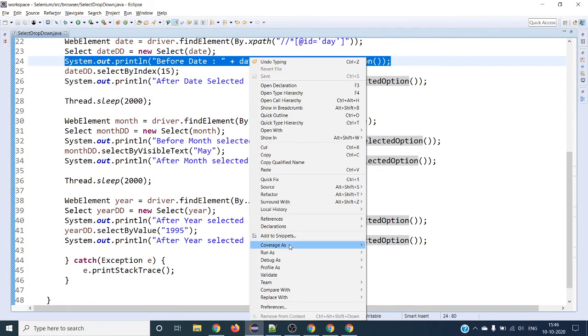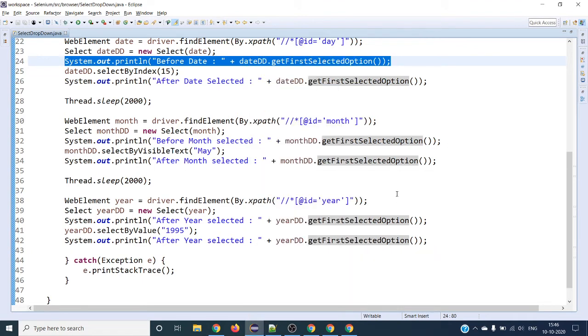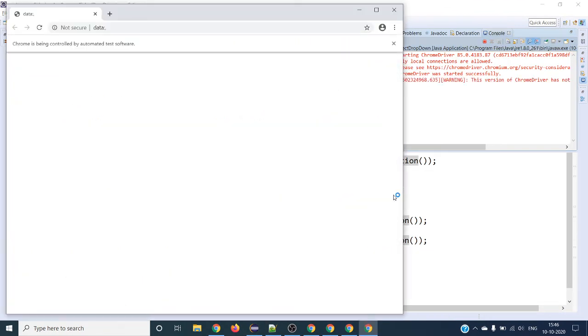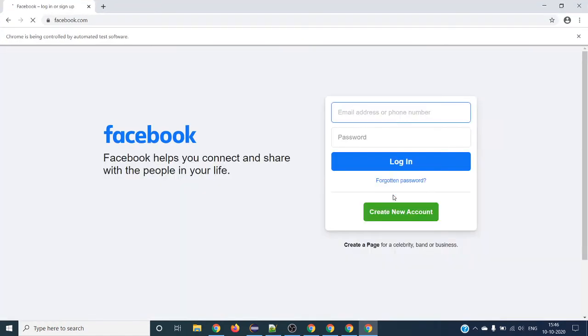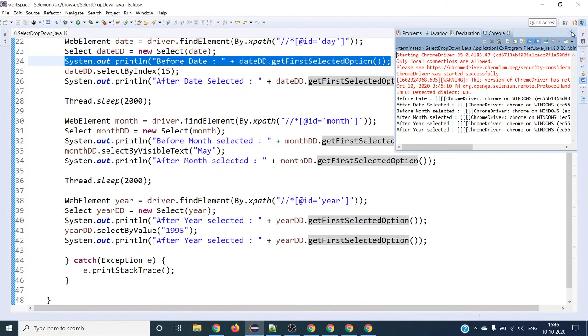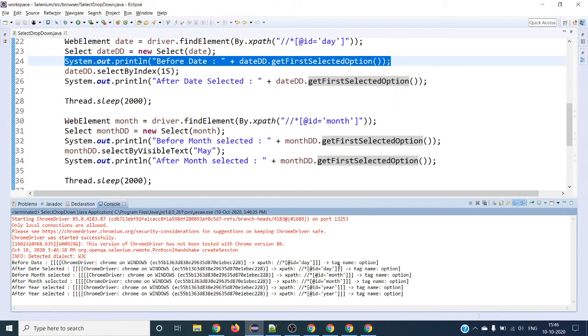Let's try. Open the browser. Selected 15 May 1995. Right. Let's see. Right. So why it is giving